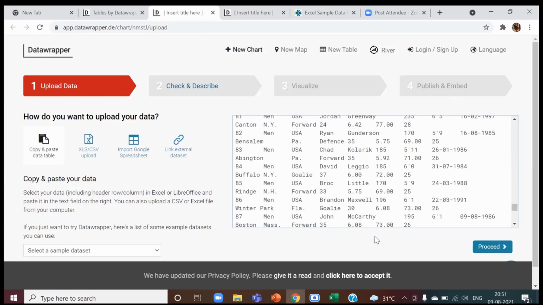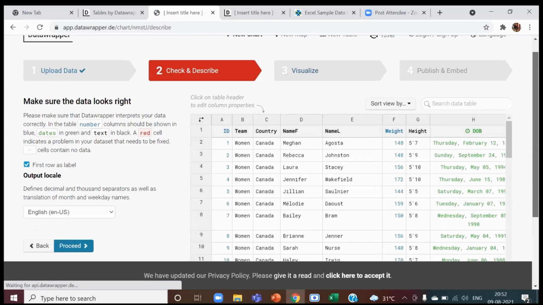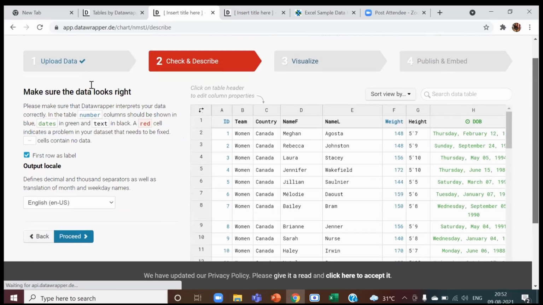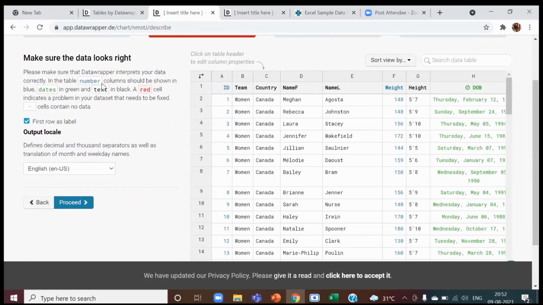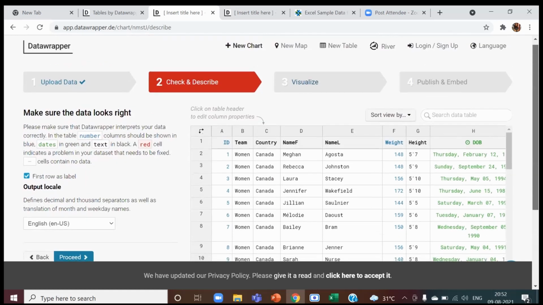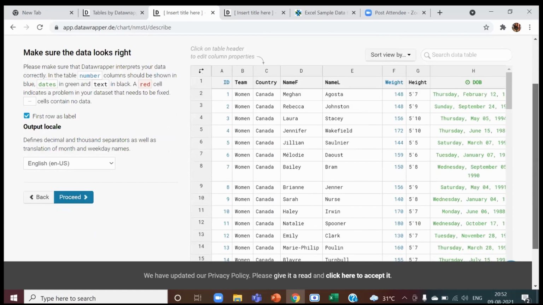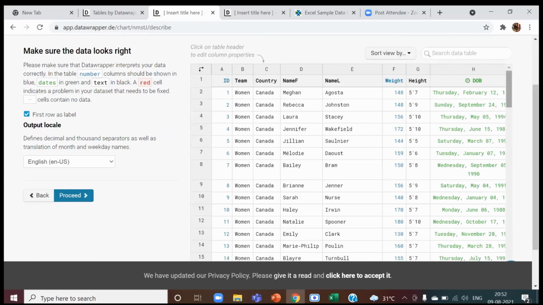Now, the next process is to check and describe the data. So this process is extremely important as it helps us to find if there are any missing data sets or if there is any sort of error that exists. And it gives us multiple indications also if there is no data or the data set needs to be filled before we go on to the visualization process. Currently, if we have to see the data, this data actually contains no error as such, and there are no nil data points.